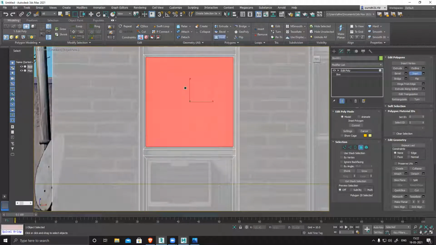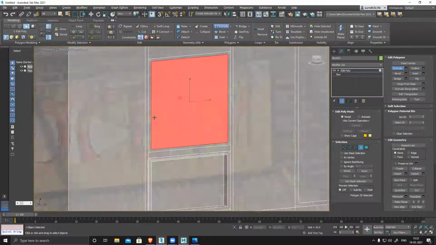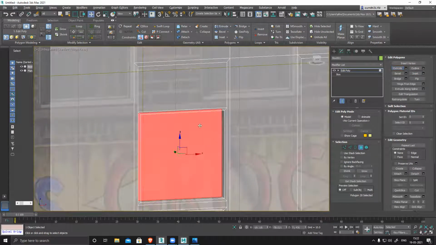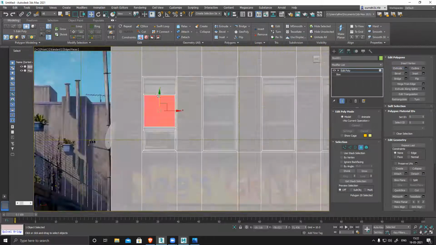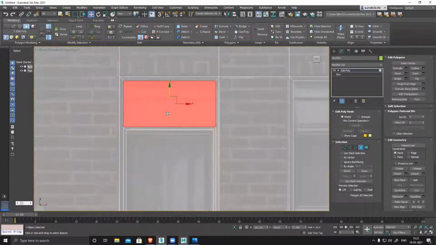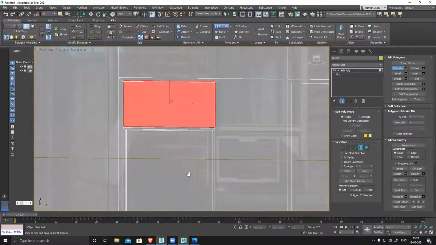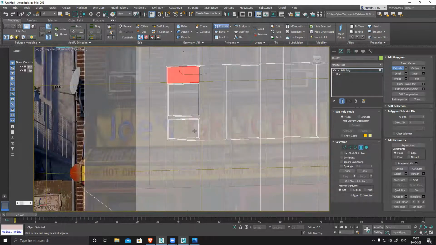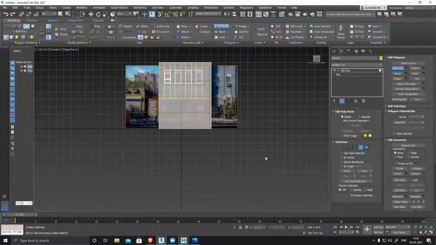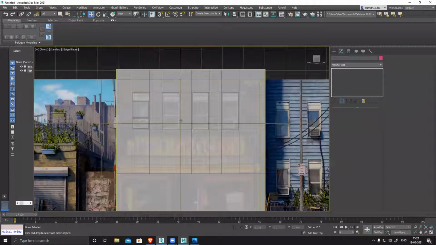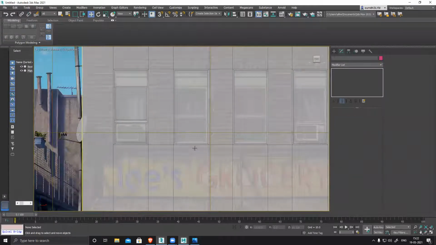Inset, extrude, front, extrude that. So you can see the basic window shape is ready.